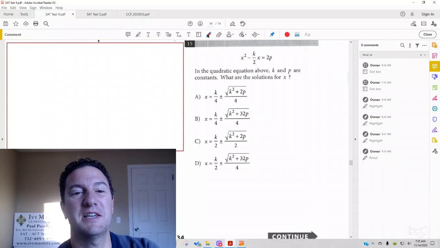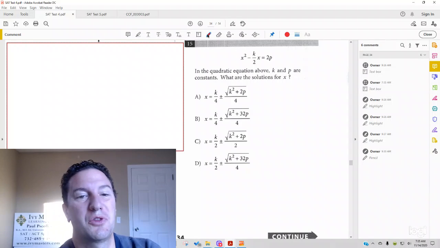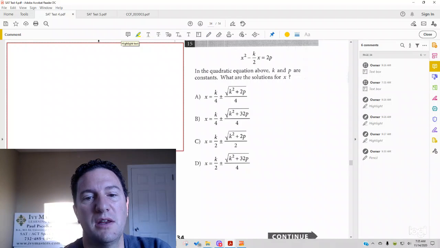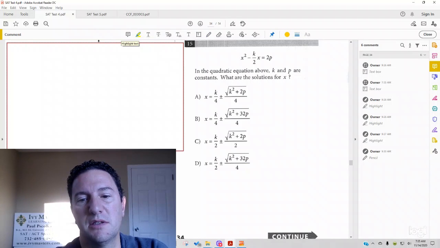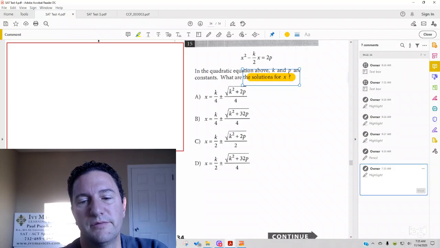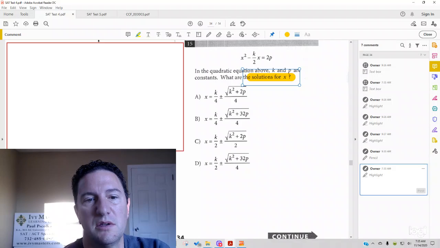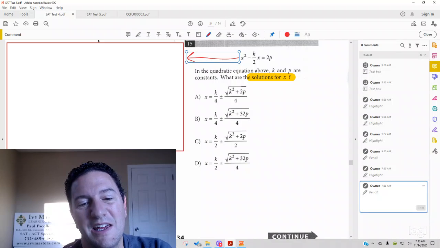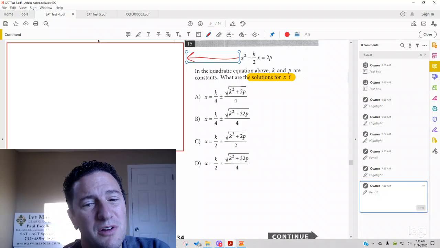Today we're going to look at Test 4, Section 3, number 15, which reads: in the quadratic equation above, k and p are constants. What are the solutions for x? So, the important part here is solutions for x. Okay, so we have our formula, and if you glance at the answer choices, they all look an awful lot